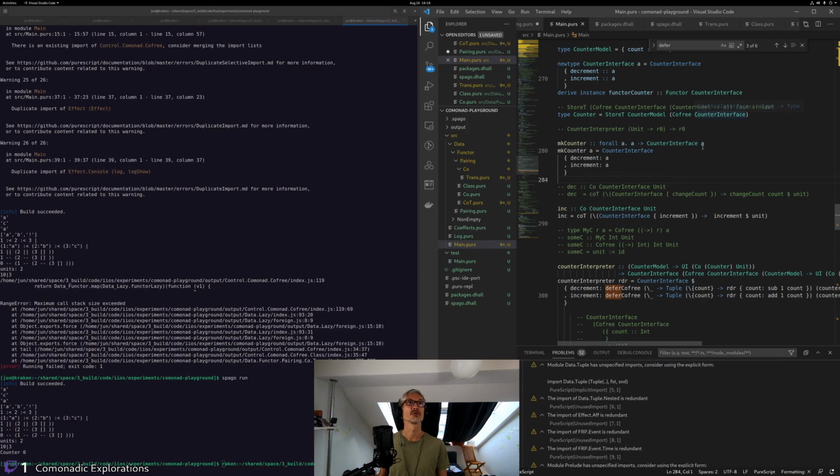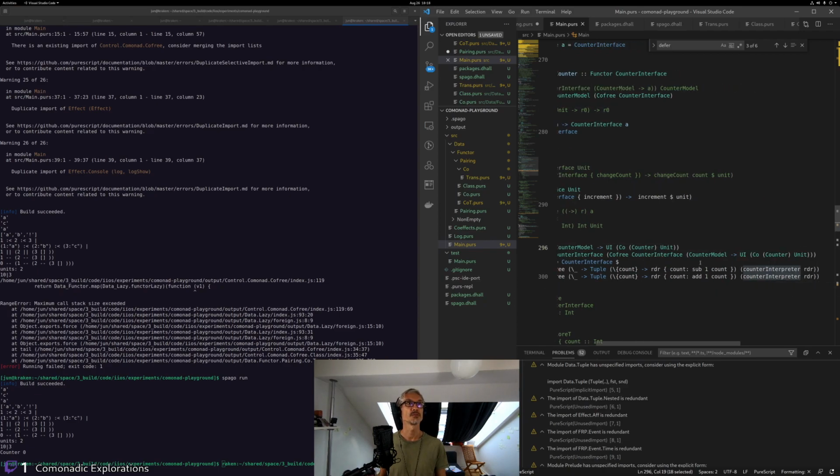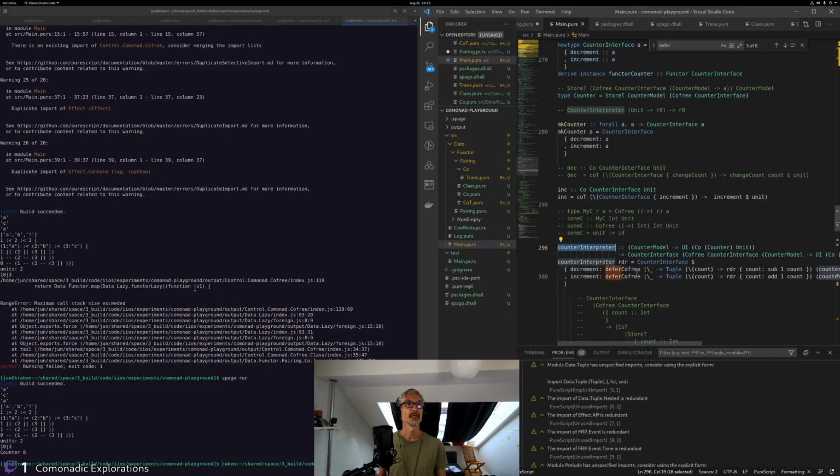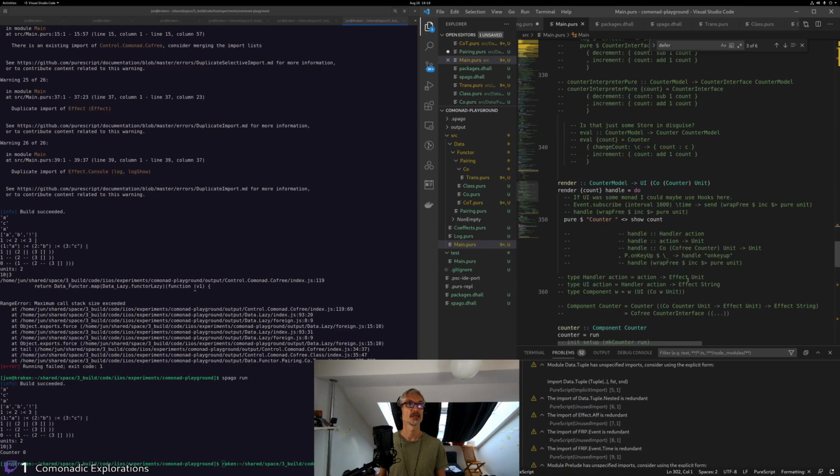So that makes things slightly more complicated, because now our inc probably needs to be lifted inside, or lowered maybe, in our Comonad stack. And then I think now our counter interpreter needs to be in the larger monad, and